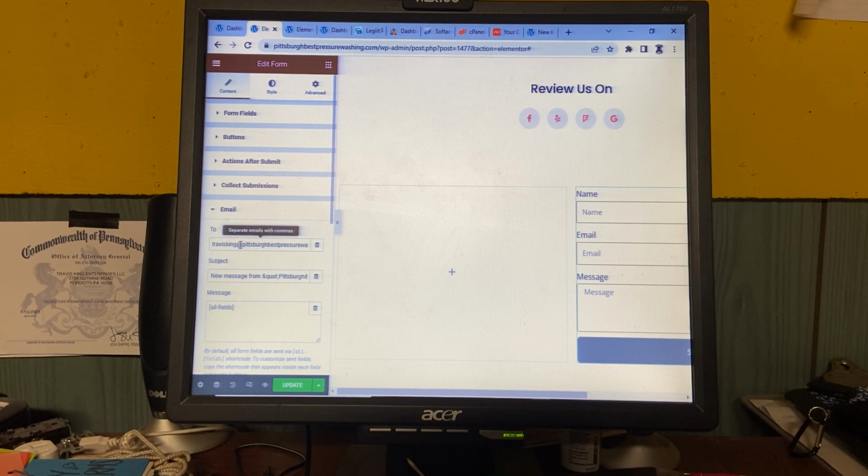Right now it's going to right here. See how it says 2? It's going to the email I have set up as of now, which is going to be changed once I sell this off. But you just open this up, backspace, and then put whatever email you want it to go to, right?